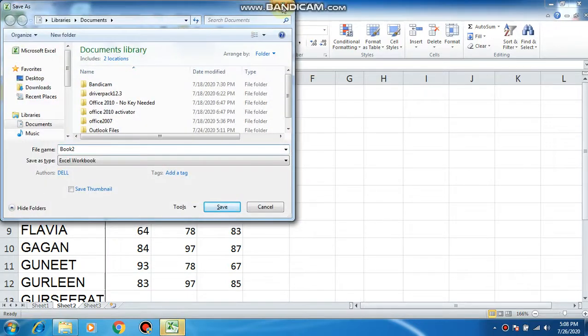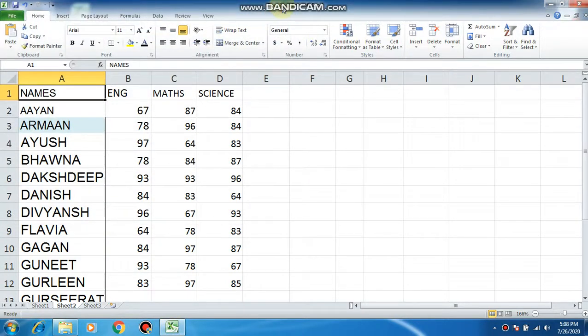Hello children, today we are going to learn how to create charts in MS Excel. Charts are pictorial representation of a large amount of data in a worksheet, and they present the data in an attractive manner. Why do we create charts? They are easier to understand and they provide more accurate analysis of any information.